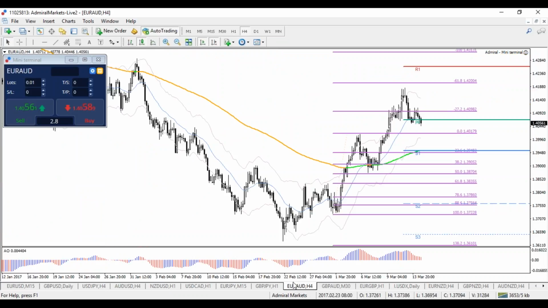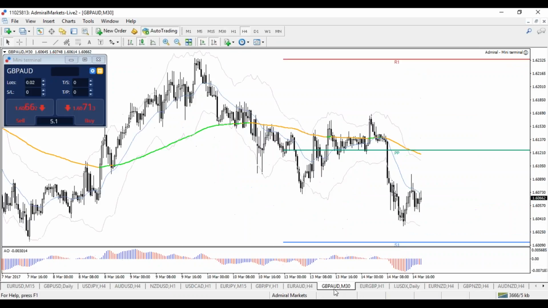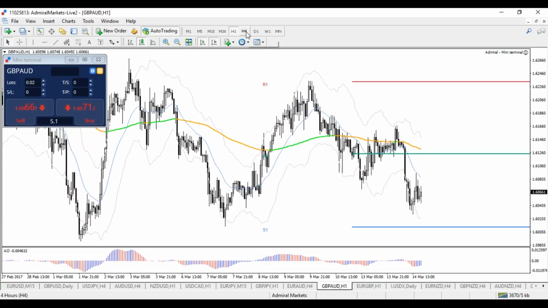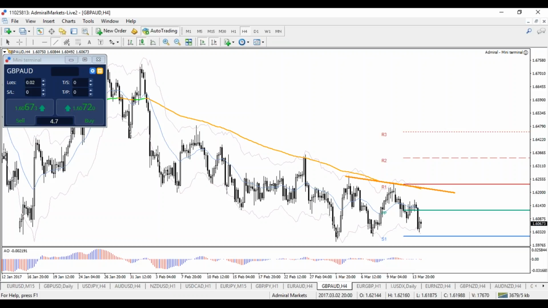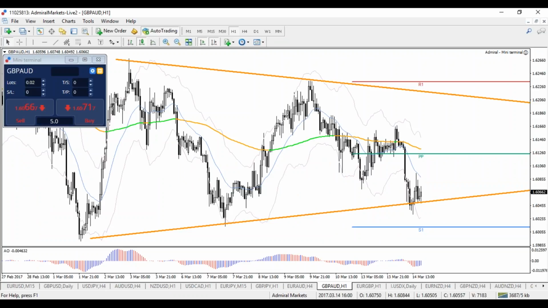All right, some other crosses, Euro Aussie. Kind of the same structure, really. Nothing new to add. It seems just the Euro Aussie is maybe a bit different than the euro yen because it's below the pivot point. Pound Aussie also pretty weak, just like the pound yen. So maybe just a bit more retracement. I don't know. Ultimately it's in a triangle like this. So yeah, if it gets back to the weekly pivot point, back to the top, maybe something to think about. Not jumping for joy here at this moment